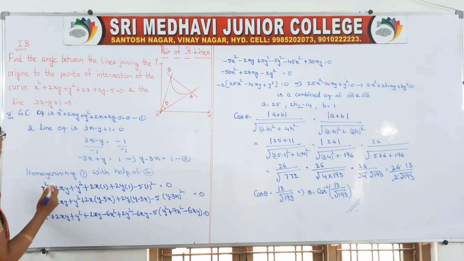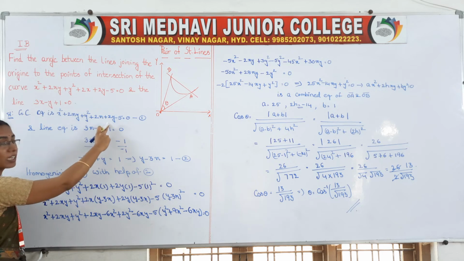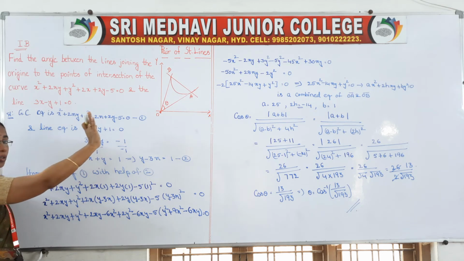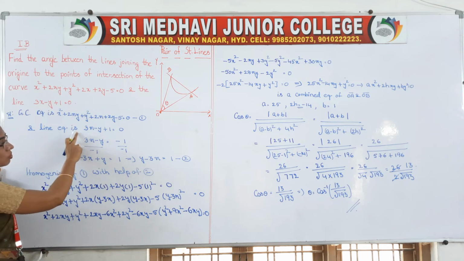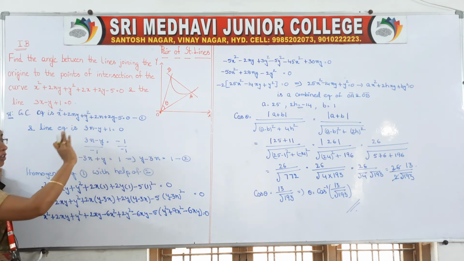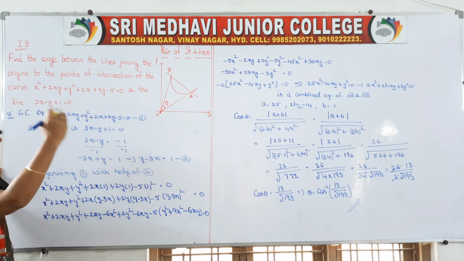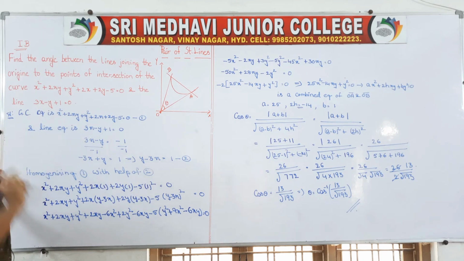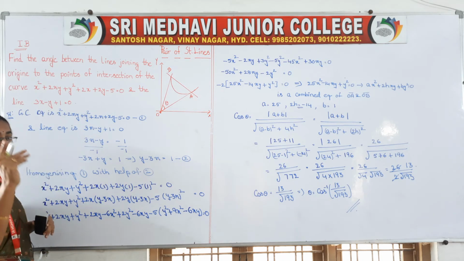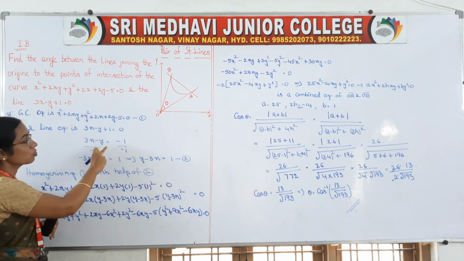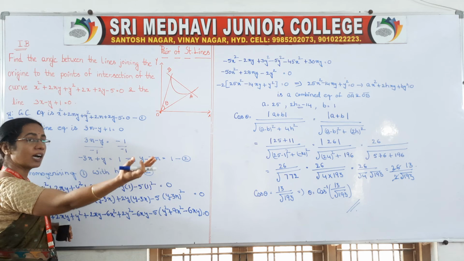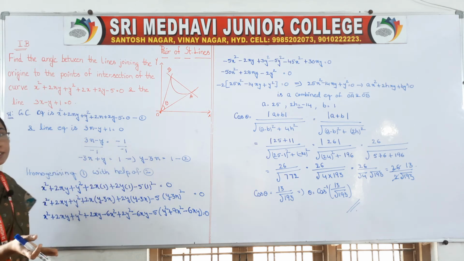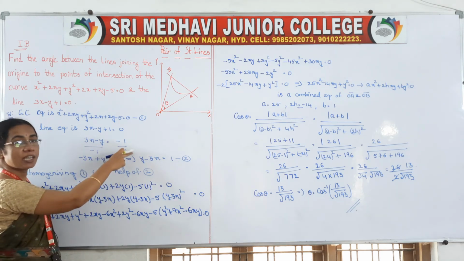So we have to find the angle between those two lines. Okay, so what is the procedure? First you take the curve, right? Don't disturb it, just consider that as equation number 1. Next you take the line equation. From the line equation, on the right side try to write 1. So how will we get it? First send any constant to the other side and divide by that same constant, and you will get 1 on the right side.